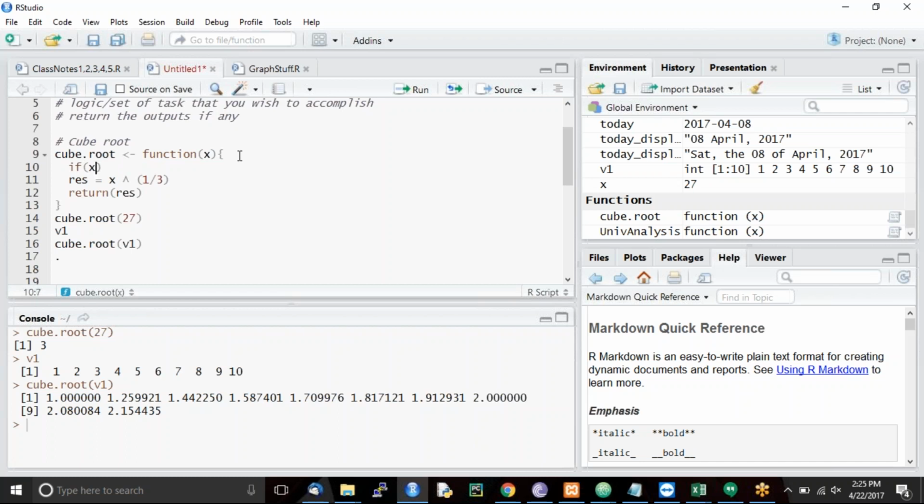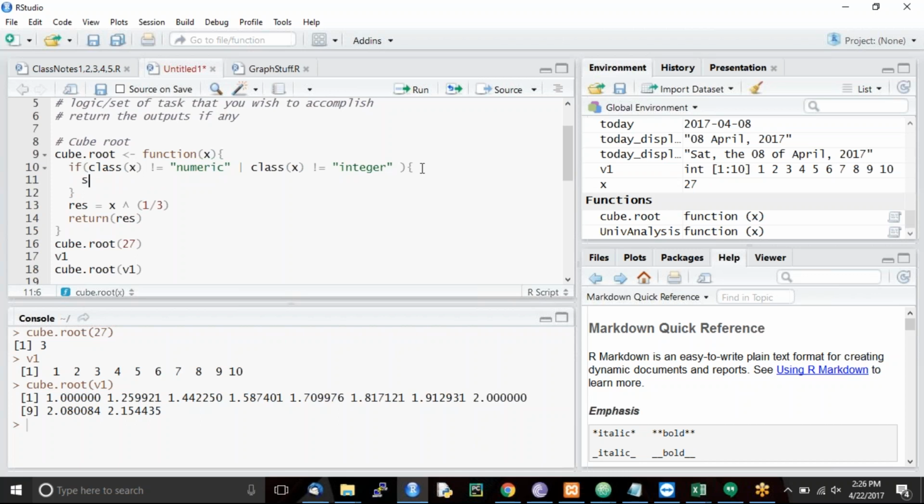So if class of x is not equal to numeric or class of x not equal to integer. Real numbers can be represented as numeric or integer, right? So if class of x is not equal to numeric and not equal to integer, then